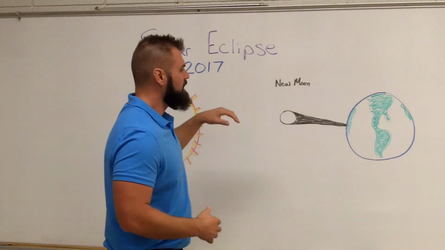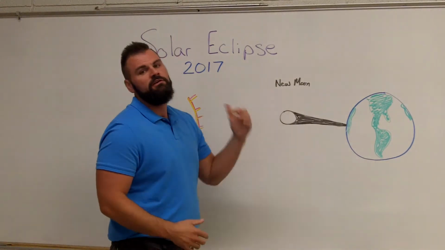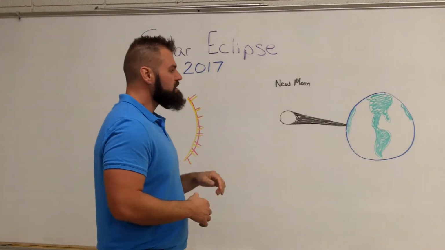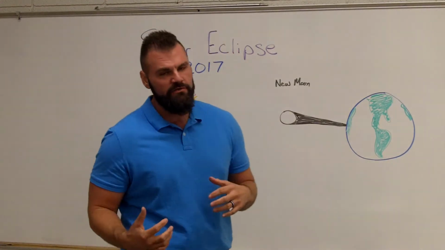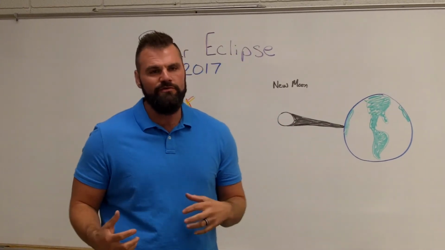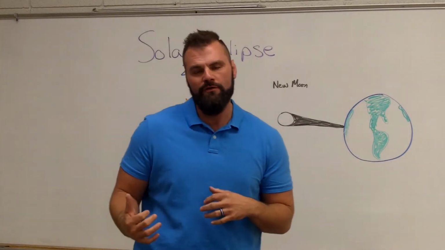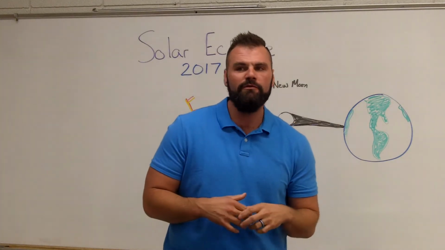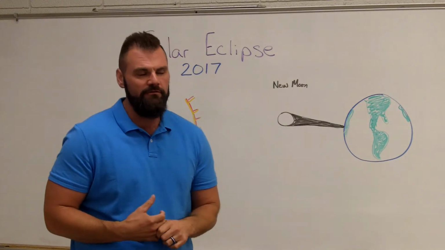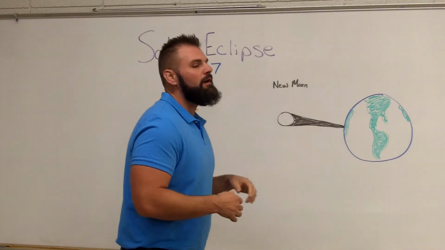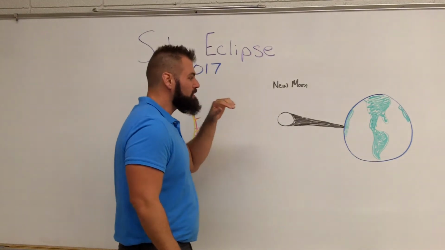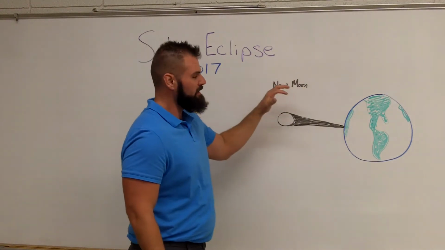Solar eclipses happen during new moon phases. Lunar eclipses happen during full moon phases. So what's happening during a total solar eclipse? And actually, we won't see a total solar eclipse right here. We'll just see a partial solar eclipse, but we will see most of the sun covered up, about 95% of the sun covered up. But during a solar eclipse, what's happening is the moon during its orbit is